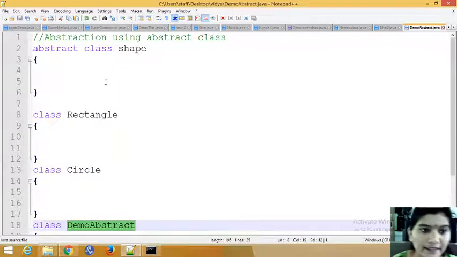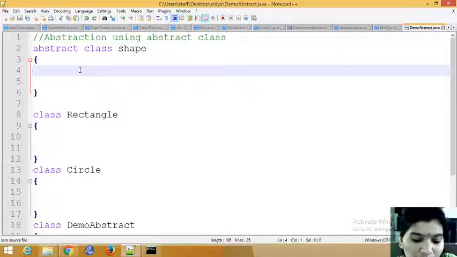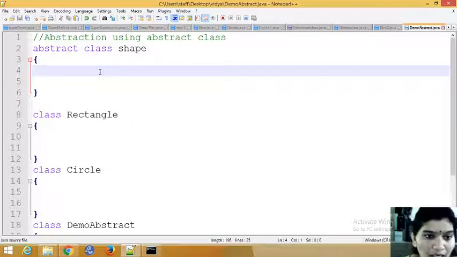Now we have created three classes. Abstraction in the sense that to achieve abstraction you need inheritance concepts and overriding concepts. You need inheritance because you move from one class to another class and use the data. Inheritance is the main thing here, and you are just changing the implementation, which is what overriding is.